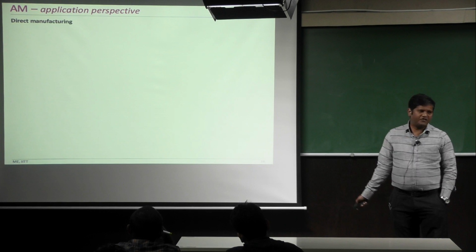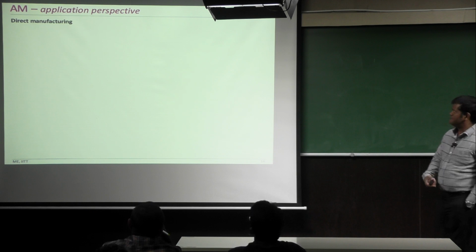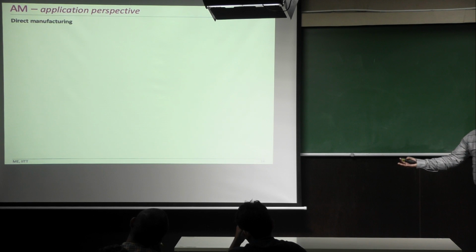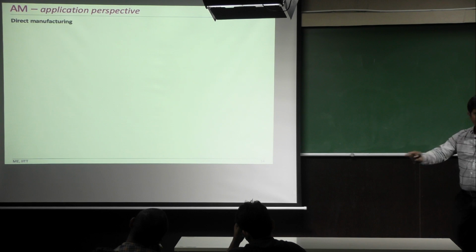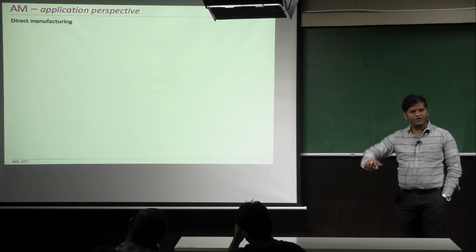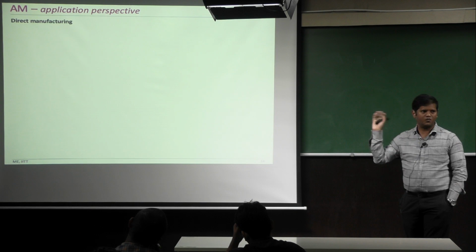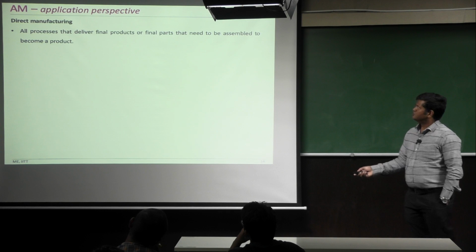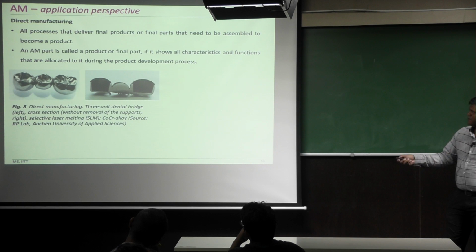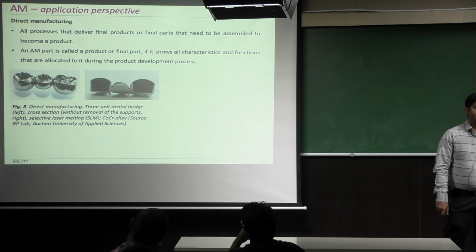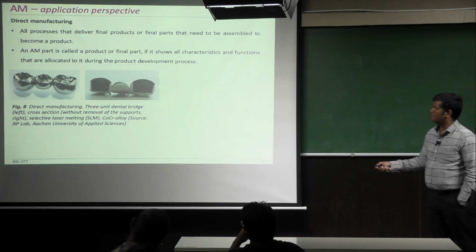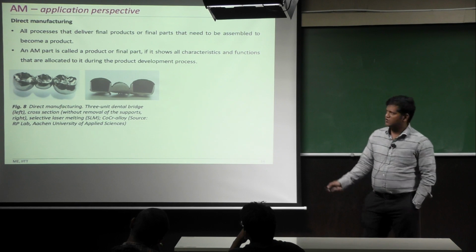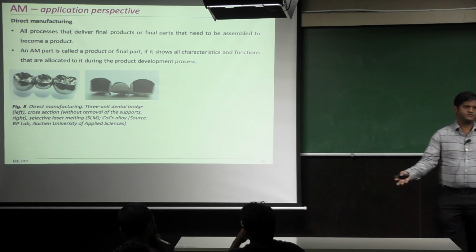So direct manufacturing, here as he already said, we directly manufacture the final functional component by using AM. It's not prototype, it's the final component that we put it to the service, that we assemble into the product, okay. So for example, these dental implants, okay, these are typical cobalt chromium alloy made dental implants by using SLM process. And these dental implants are directly used for the service,